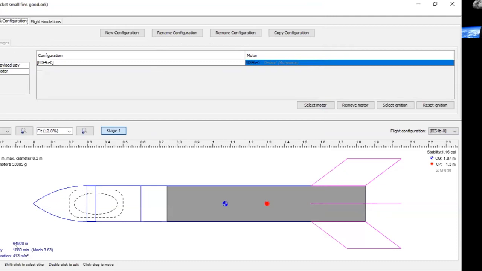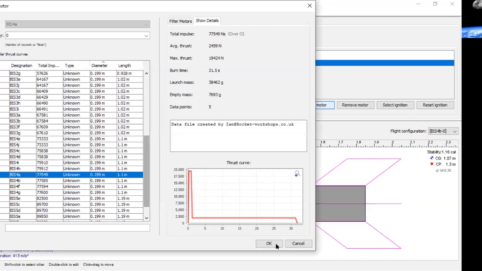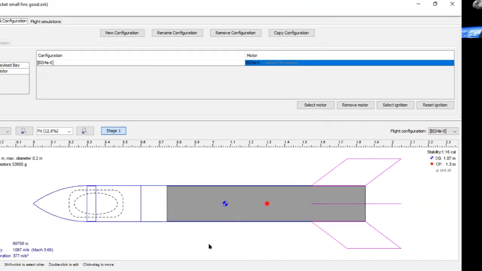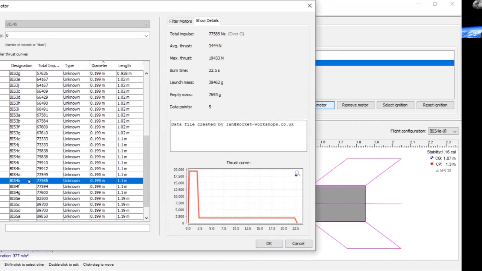So that took us, I've forgotten what the other one was. We're at 65,000 meters now. Let's just go back to the 4A. And that's 69,000. So even though the impulse is the same, we're burning more propellant at low altitude, where the air is denser. So it's going faster in the thicker air. So we've got more losses due to aerodynamic drag, because drag is proportional